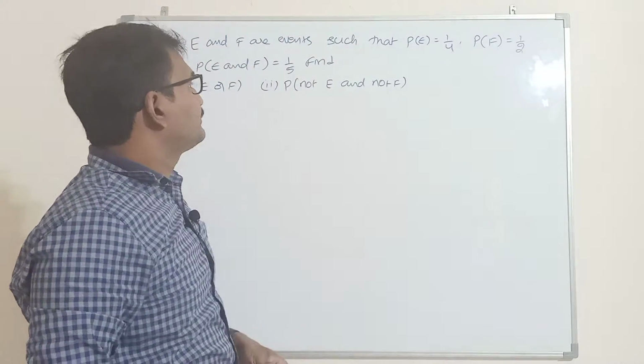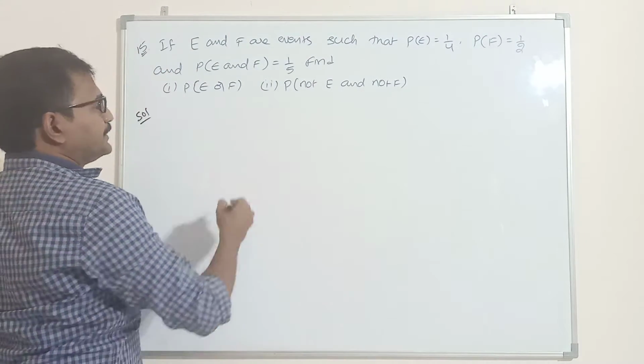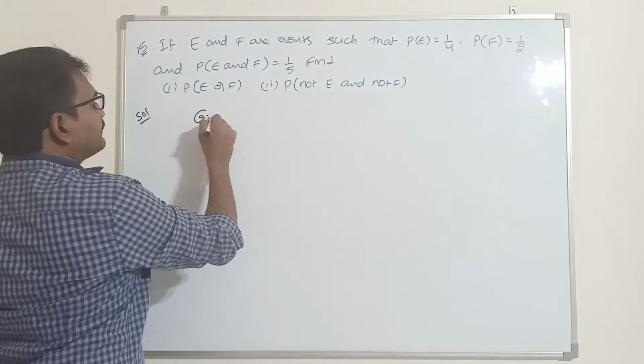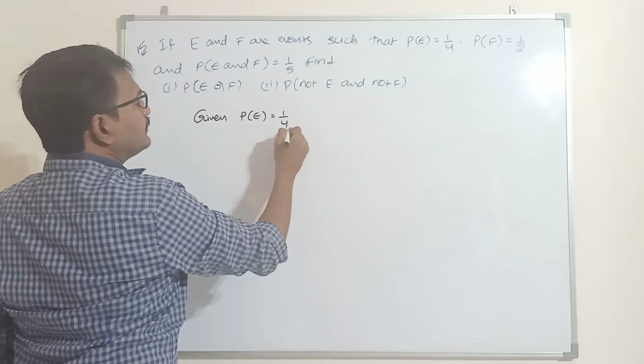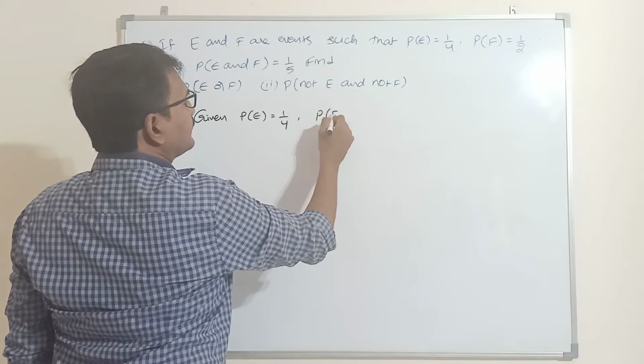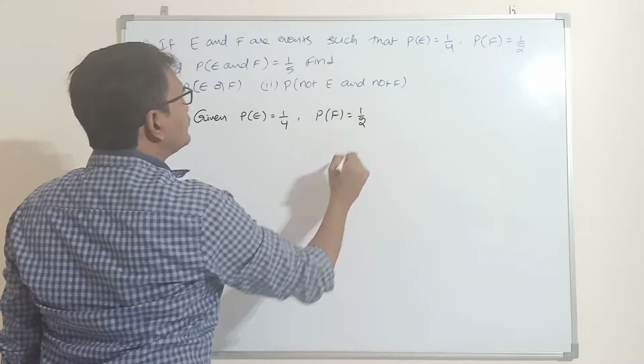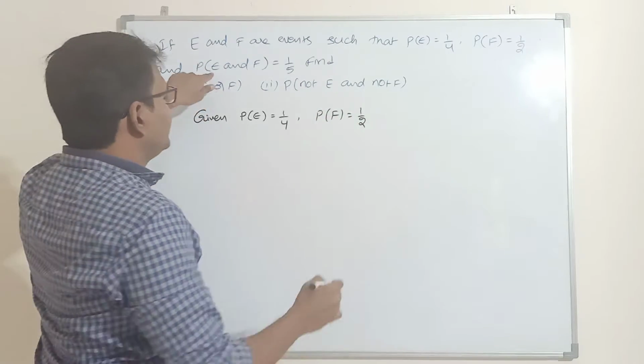Next problem. E and F are events such that P of E is equal to 1 by 4, P of F is equal to 1 by 2, and P of E and F